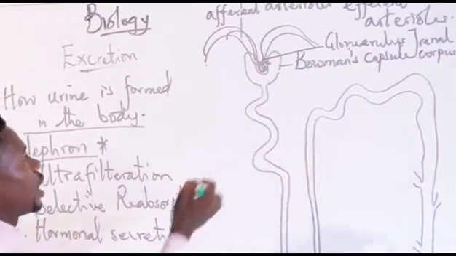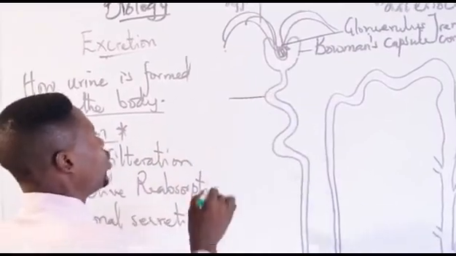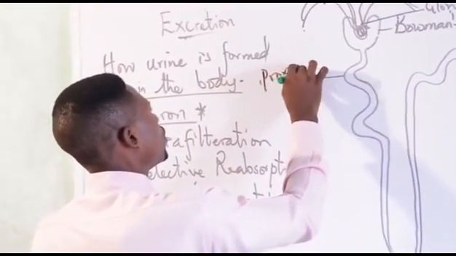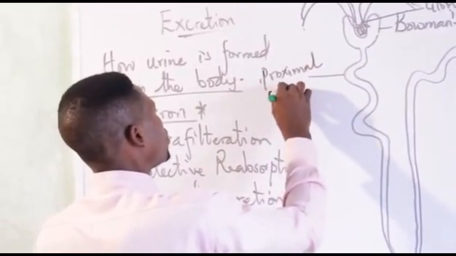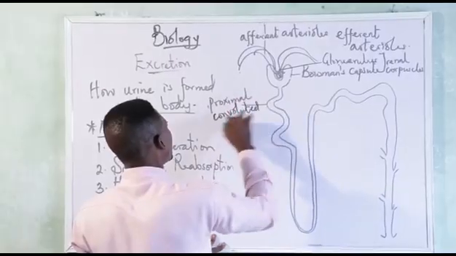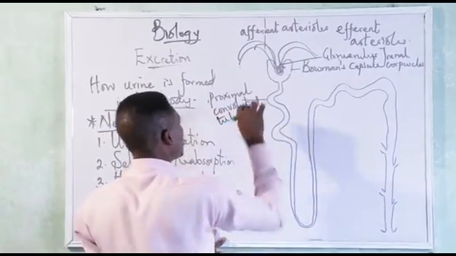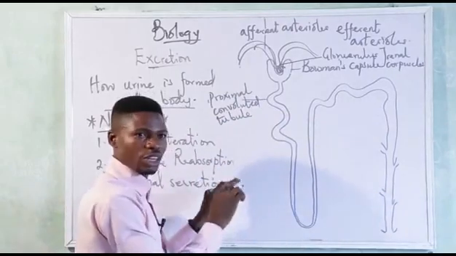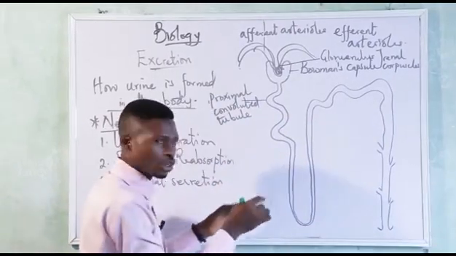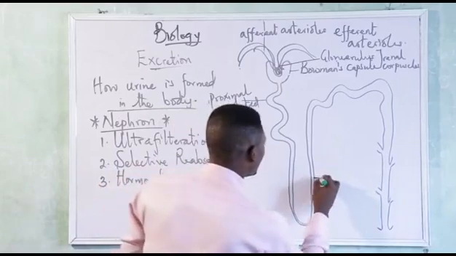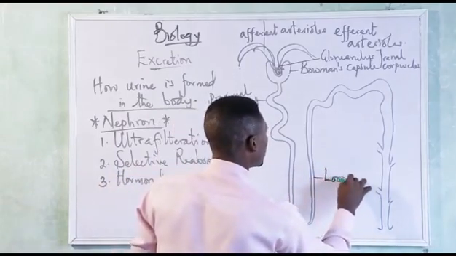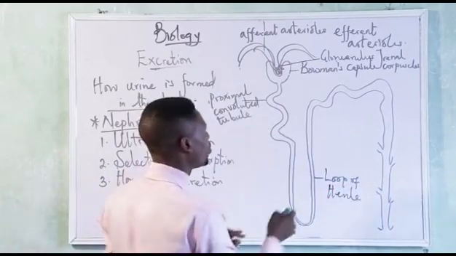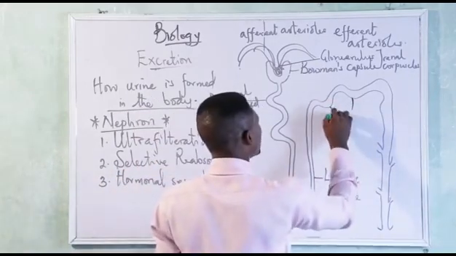Okay? Okay. So now, here, you refer to this as the proximal, please take note of this, proximal convoluted tubule. This is the proximal convoluted tubule. Do not worry. You'll get hold of all these in terms of recalls. Now here is your loop of Henle. Loop of Henle, or Henle's loop. Loop of Henle. And here you have your distal